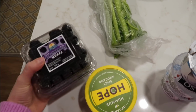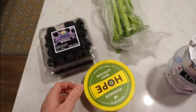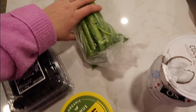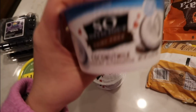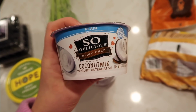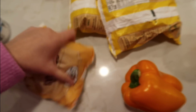I just got back from Sprouts and I got some blueberries. They were on sale and they looked really delicious. I got my favorite hummus. I can't live without this stuff. I go through so much of it. I got some celery, some yogurt. I get the plain kind, and I always put this in my smoothie with ginger, turmeric, some greens, and just water and pineapple. And then I got some frozen bananas